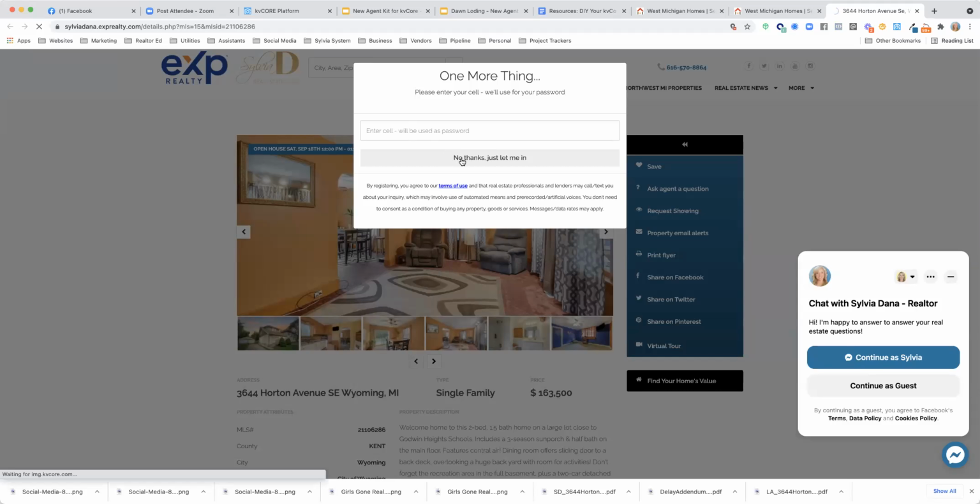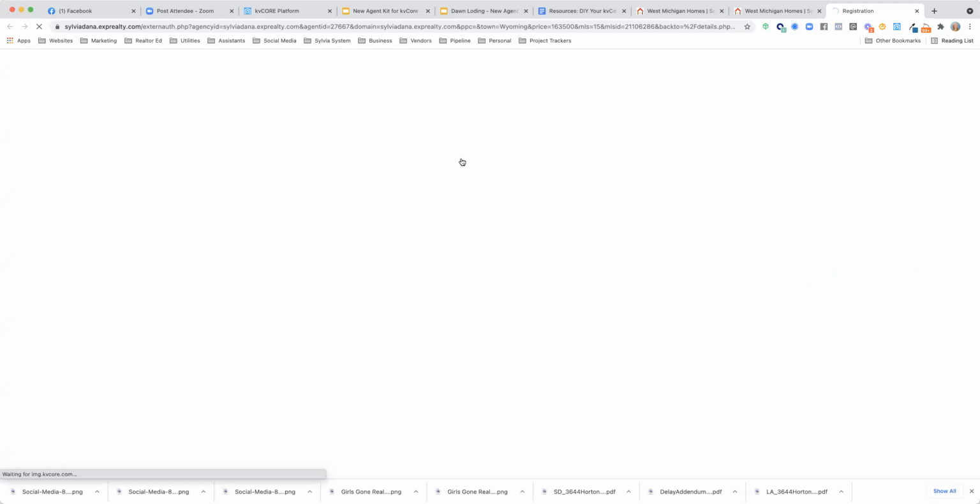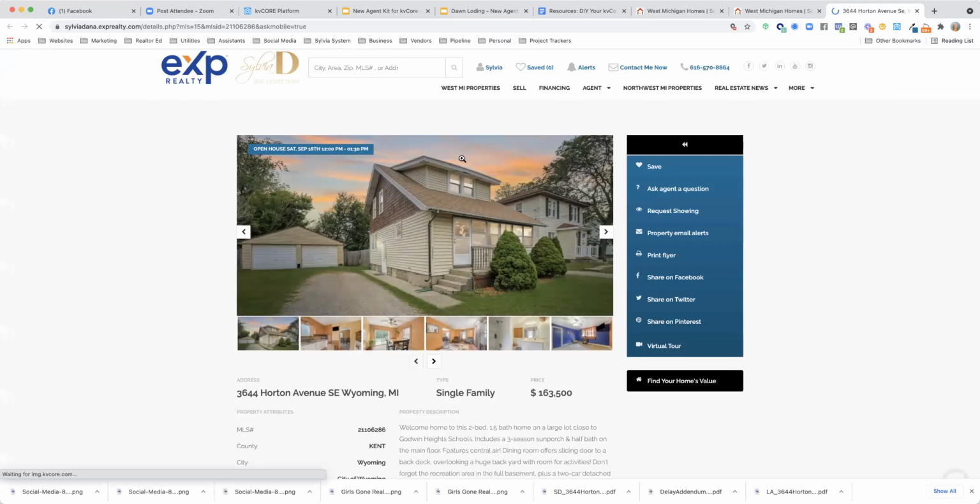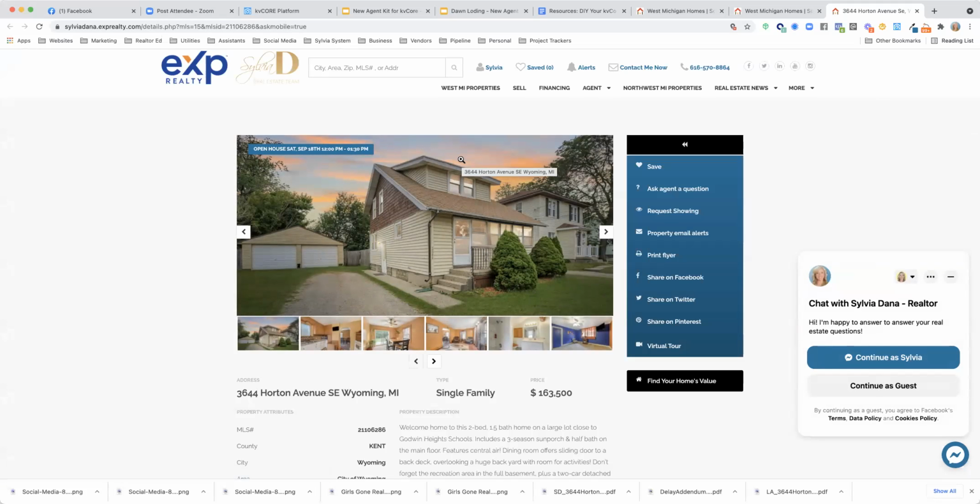So I'm just going to say, no thanks, let me in, and it's going to register me. And then I'm going to be able to look at whatever my little heart desires on my website. Okay, so that's how the lead has now gone into my CRM and it's tracking me. But the point is that is a link that I could share, but it's not technically a